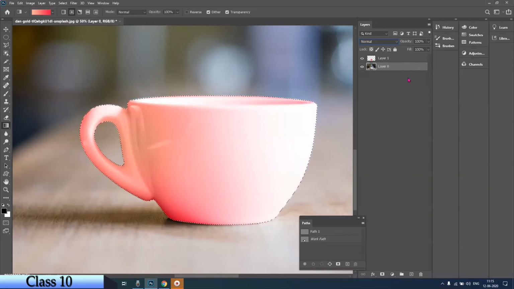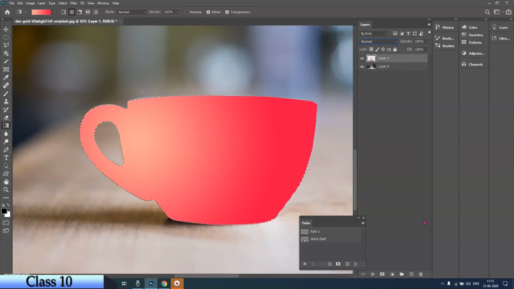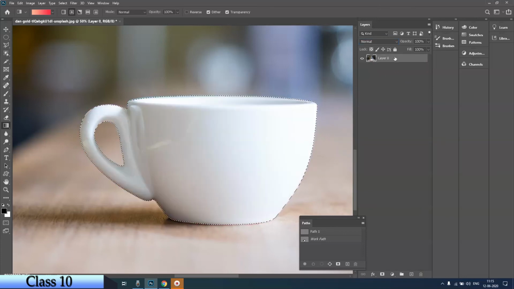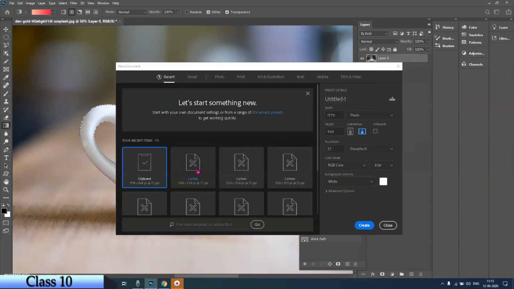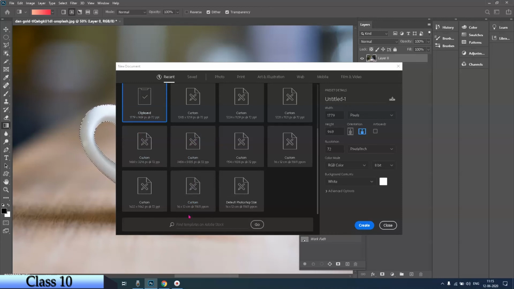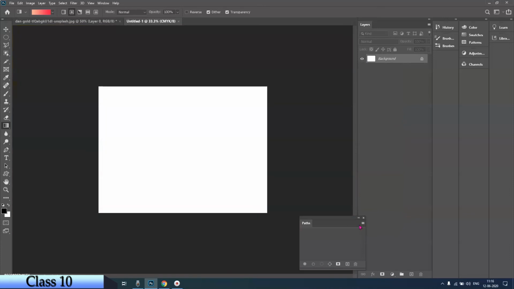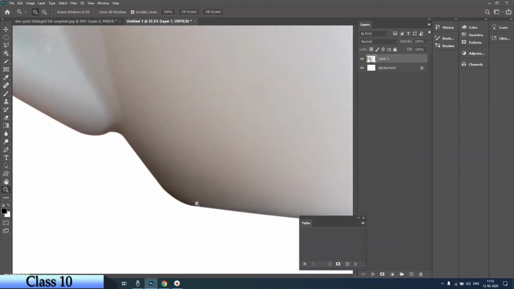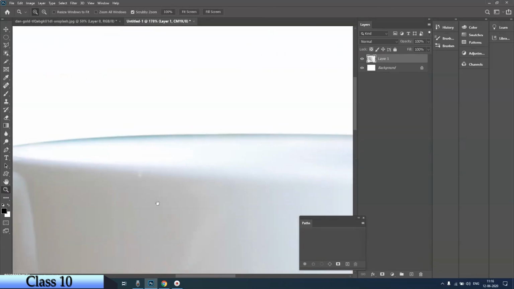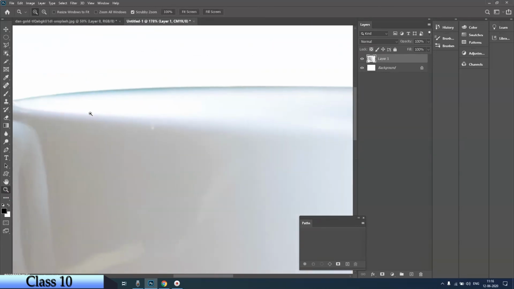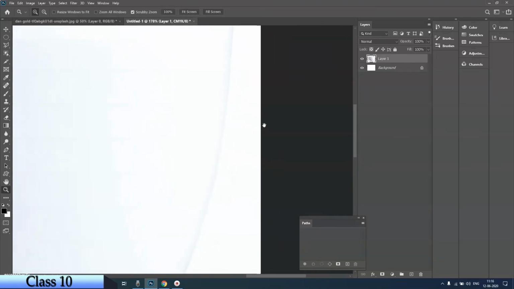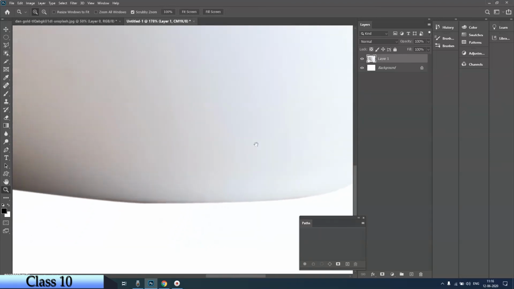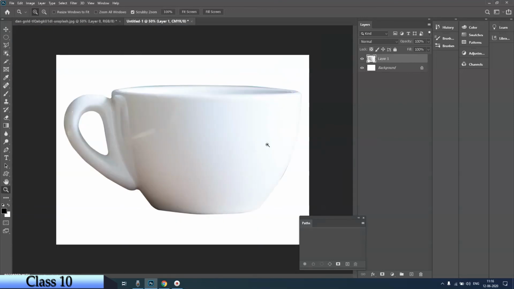Or you can copy this completely and I'll show you. See how clean it has come from the edges. Now this green color has come, even this we can delete. So you are able to work on the edges in a fine manner.